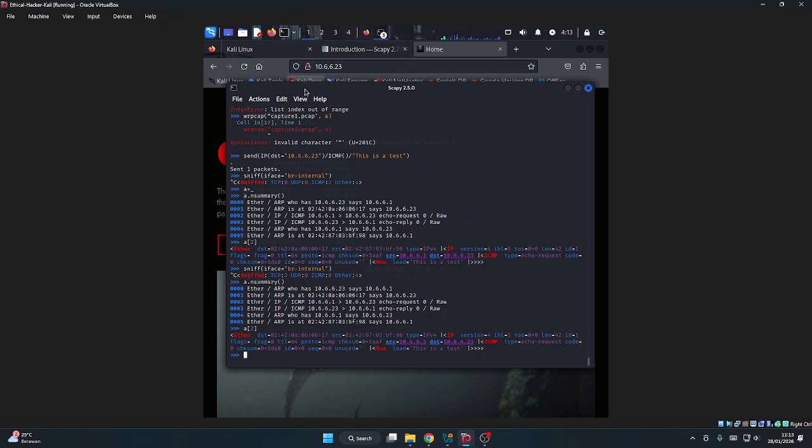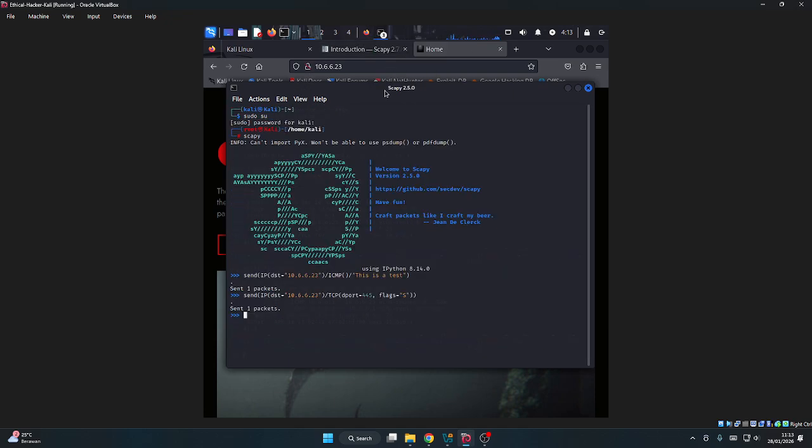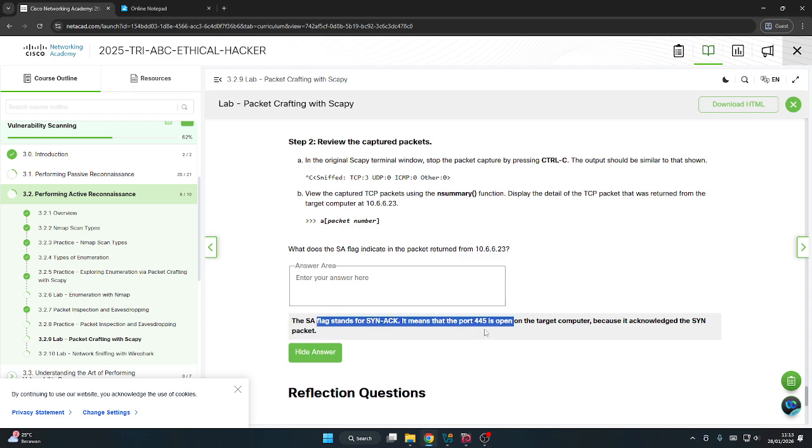So the terminal here is sending flags, which means the target computer's port 445 is open, because it acknowledged the SYN packet.